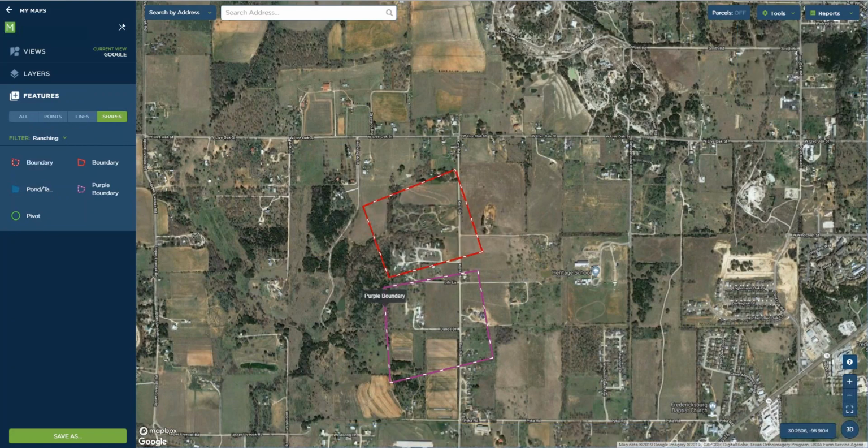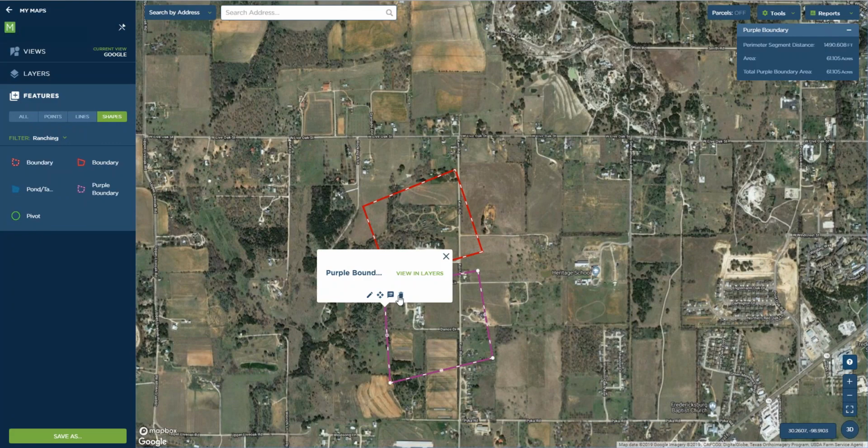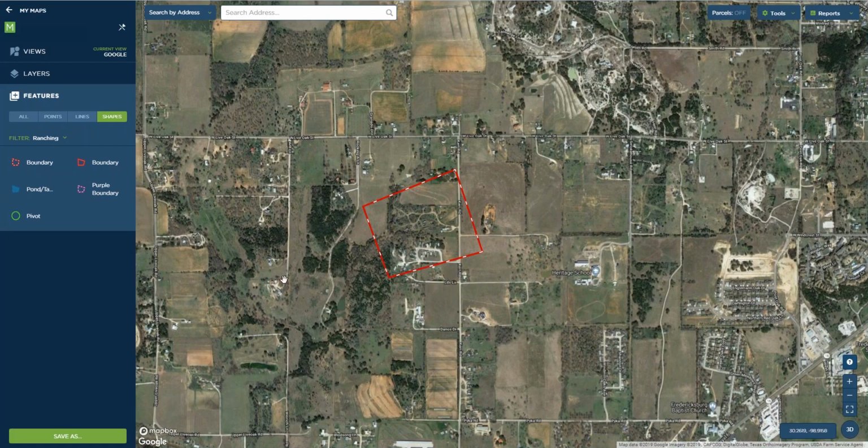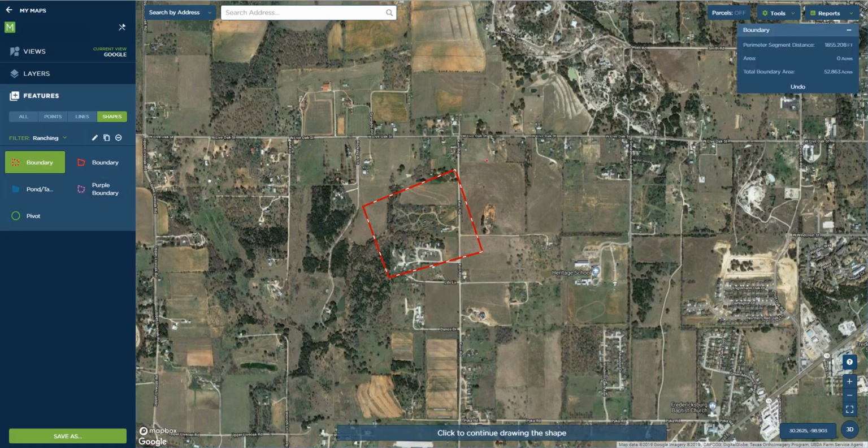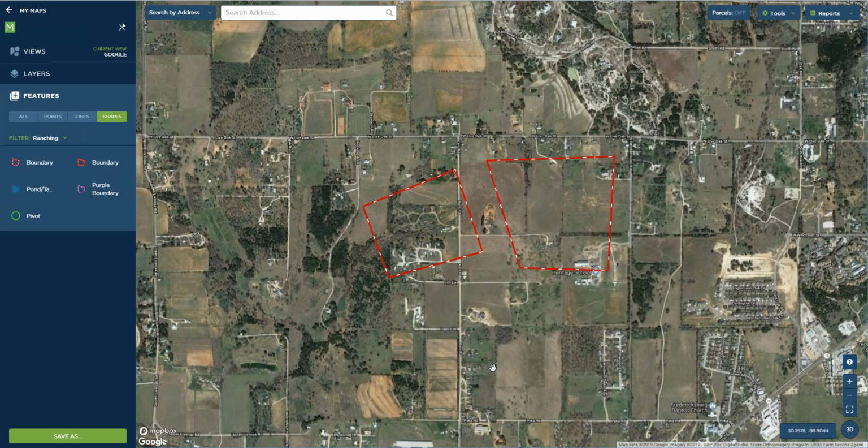Another way I could do this is using the detailed option. If I was going to build a bigger data set, a little more complicated map, I would certainly want to take this approach that I'm about to show you. So let's assume that I have two red dash boundaries in here, and I want to call one tract 1 and the other one tract 2, and I want to have them different colors.